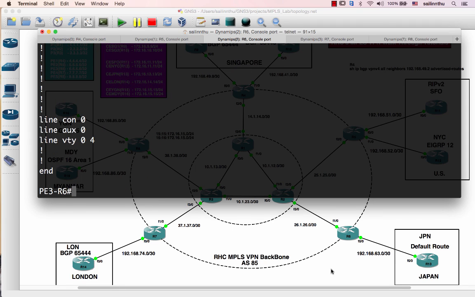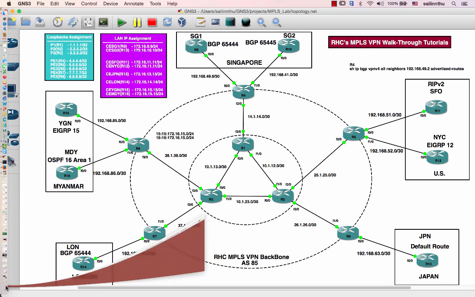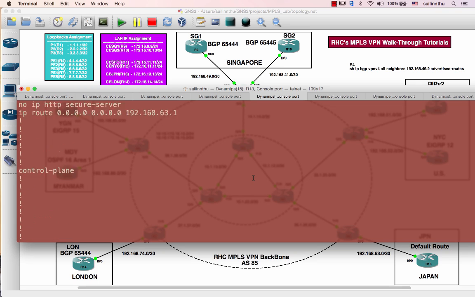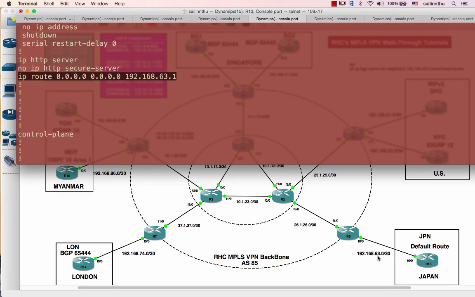after that, what we're gonna do is we're gonna be running static routes from the Japan customer routers to the PE routers. So what we're gonna do, we just put the normal default route on the Japan. So we go to router 13. We verify the config, and then yep, ip route. We configure the default route pointing to 192.168.63.1 here,